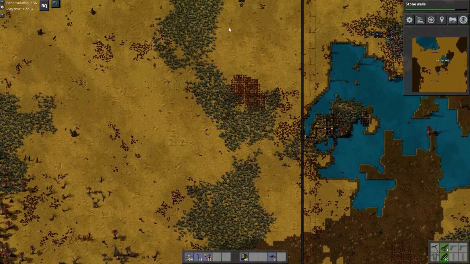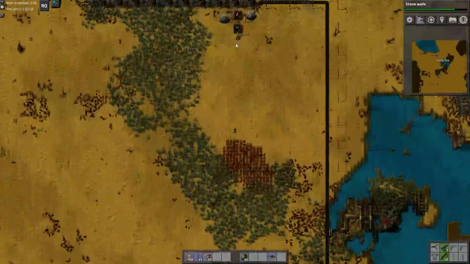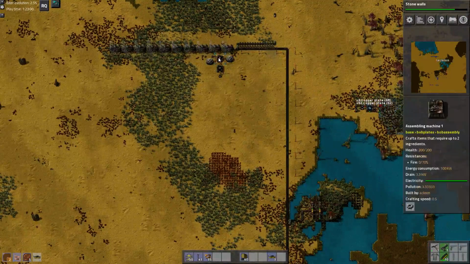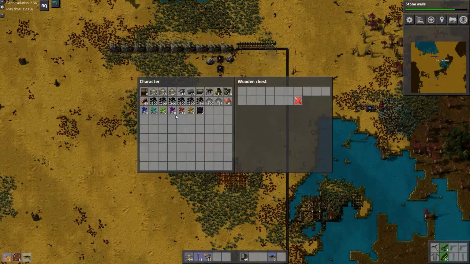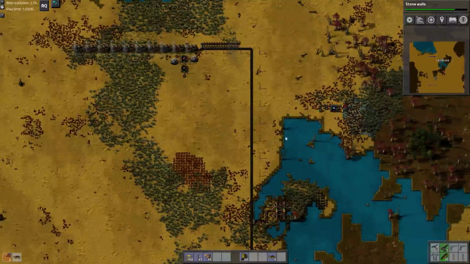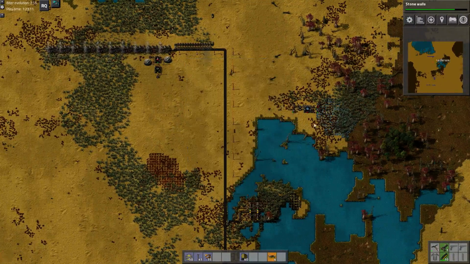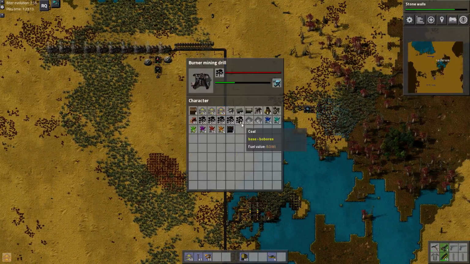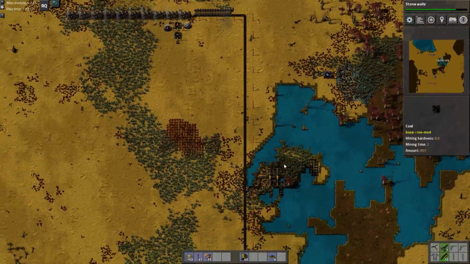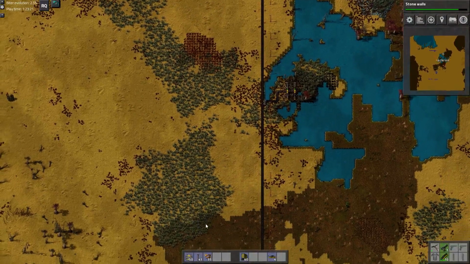Go ahead and keep this going until I get regular science hooked up down there. Let's see, what are we out of? Looks like we have iron. Looks like we're out of copper. Copper in there. Okay, so